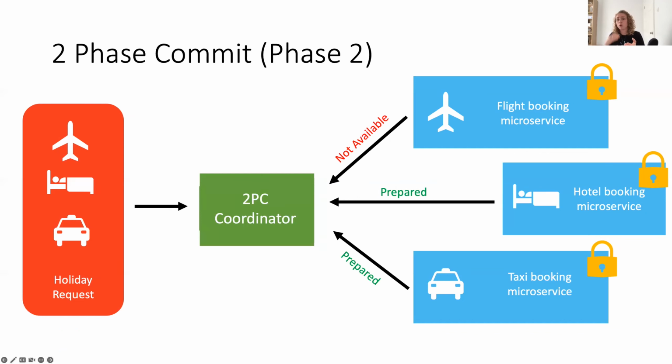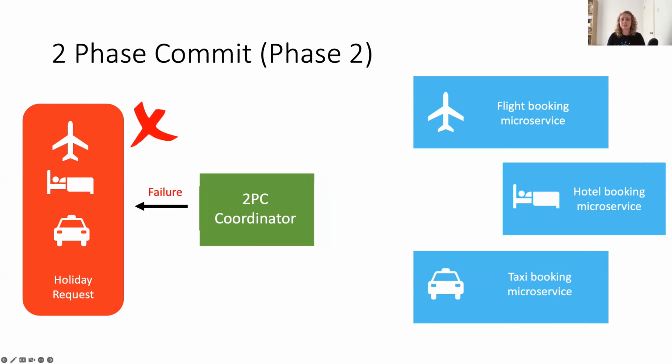We can't get a flight, we can't get a package holiday, because we just end up in whatever country we're from, not being able to get to that other country and have our hotel and accommodation. So in this, we're now going to send back an abort message, and now we're going to free up those resources again because we can't go through with this transaction. And we're going to send this failure message back to that front end system to let them know, I'm really sorry, but we weren't able to get your package holiday because at least one of the resources wasn't available.